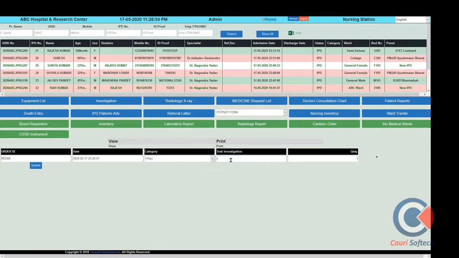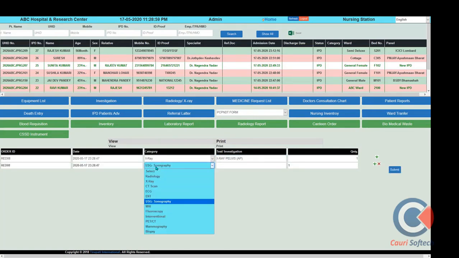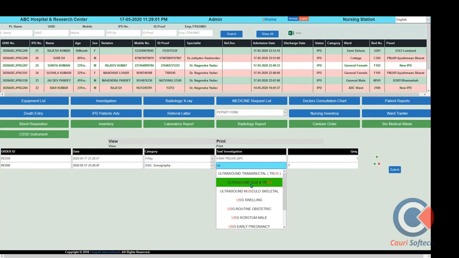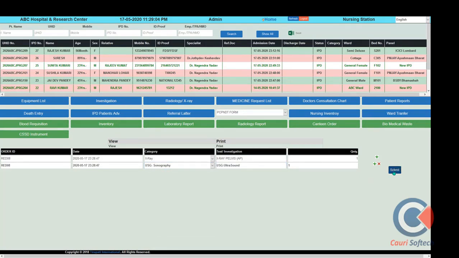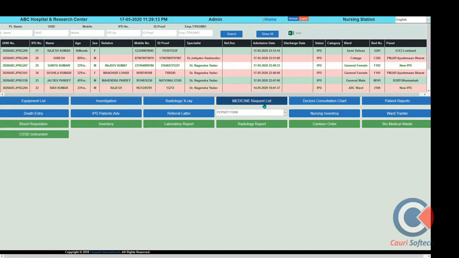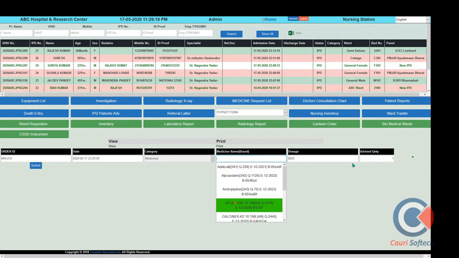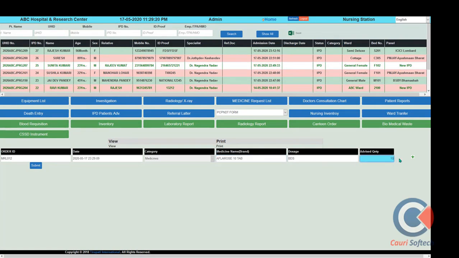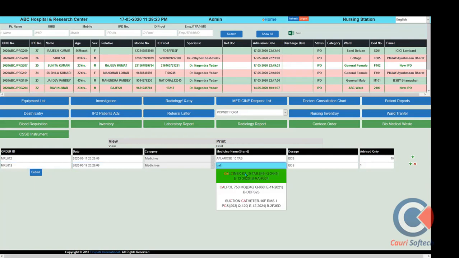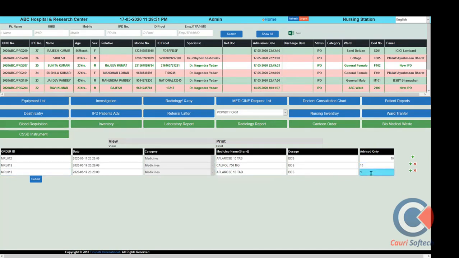We can put the X-ray radiology services item here. You can use USG services. USG services also we can advise to the patient, and this will be updated to the patient billing. And the further reporting system is the same as the OPD system. In the medical section, medicines will be advised from here, and the medicine quantity will be advised here, and the medicine issued through the medical section will come to the billing section here.